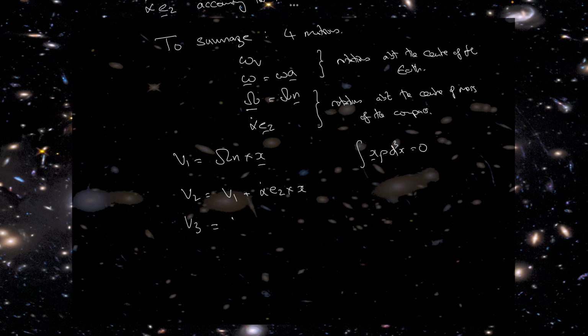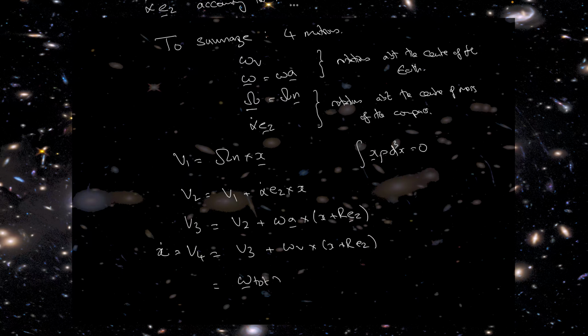V3 is V2 plus omega a cross x plus Rez. This corresponds to the rotation of the Earth about an axis through the centre of the Earth. And V4, which is actually x dot now, is V3 plus omega v cross x plus Rez. So putting that all together, we have that x dot is omega total cross x plus omega a plus omega